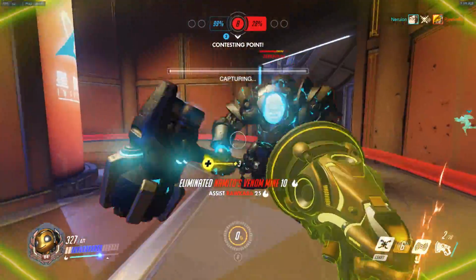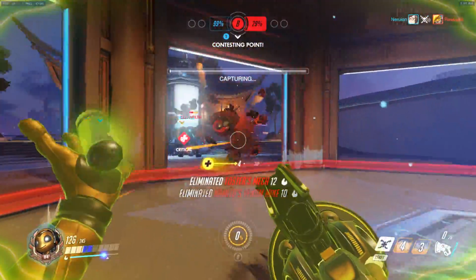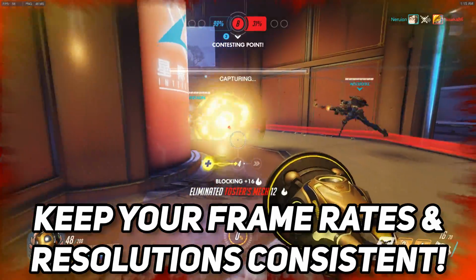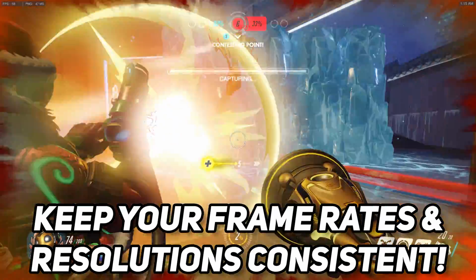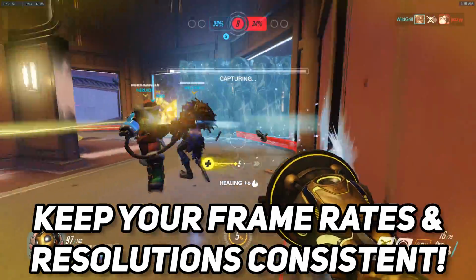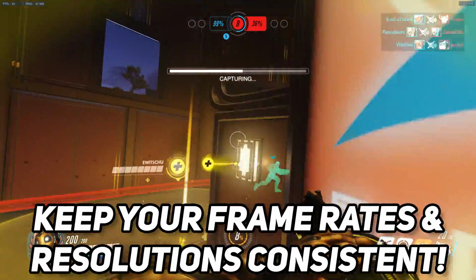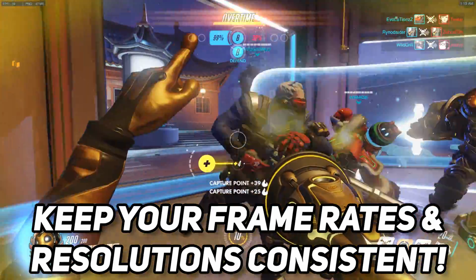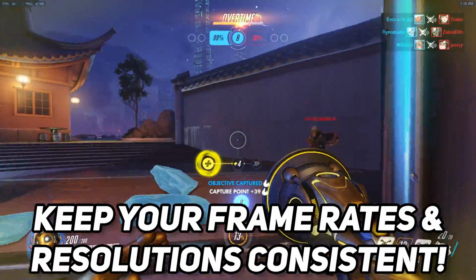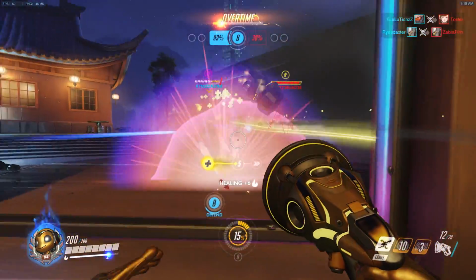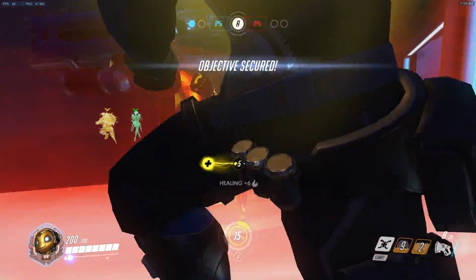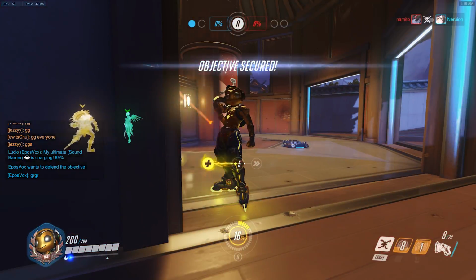But general ideas to keep in mind, independent of what program you're working with, is that your resolution, which is the frame size, such as 1920 by 1080 or 1280 by 720, needs to be the same from your recording to your editing project settings to your render settings. And the same thing with your frame rate, be it 30 FPS or 60 FPS, depending on what you're using to record.